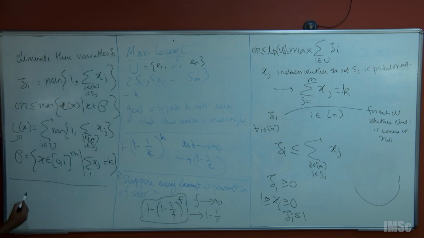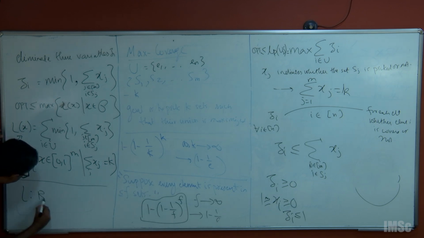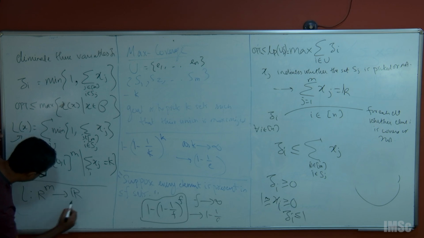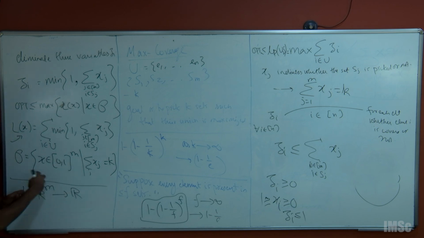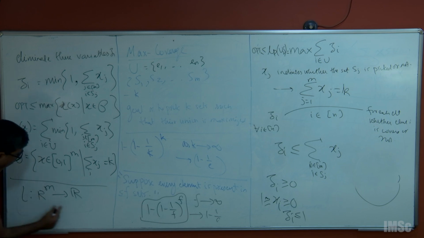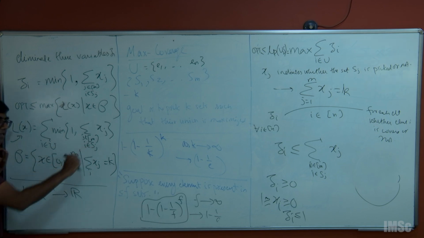What is this? This is a function from R^m to R, right? Because it takes these m points and outputs this. So you can think of this L function as going from R to the power m to R. Have you ever written this? How can you write a max of 2 points? It is never a linear function,